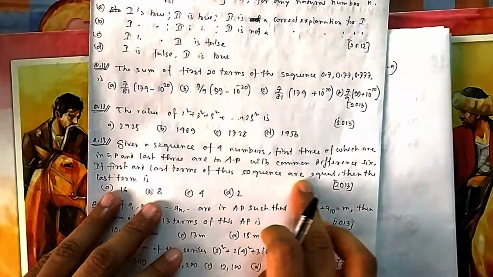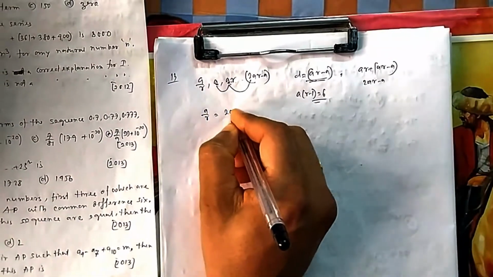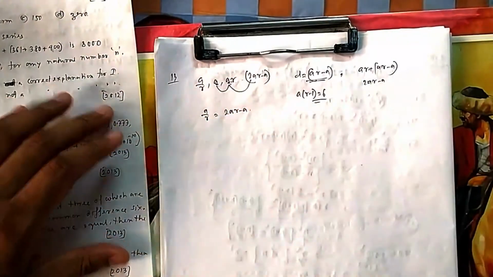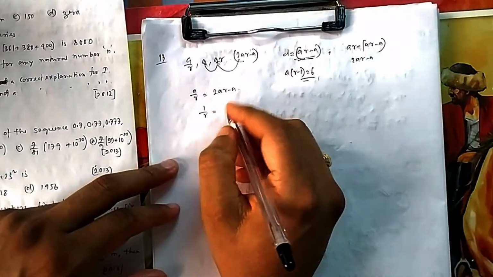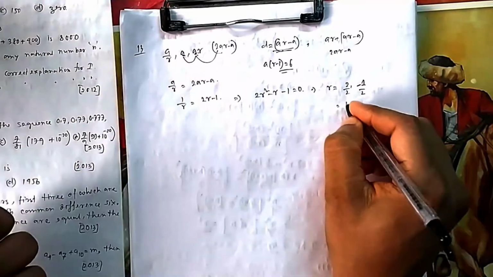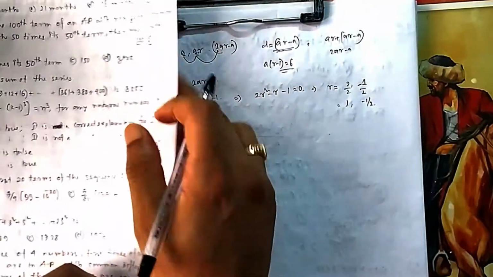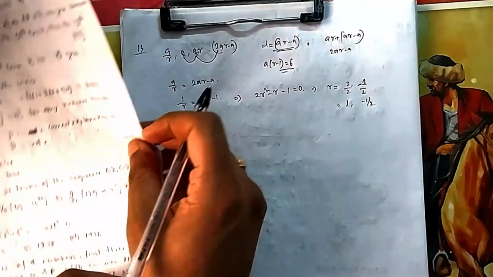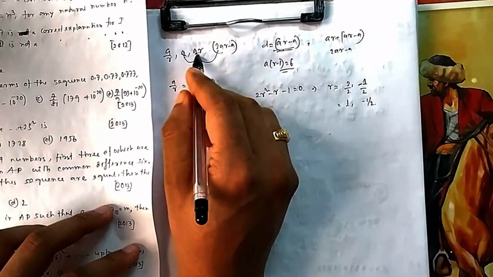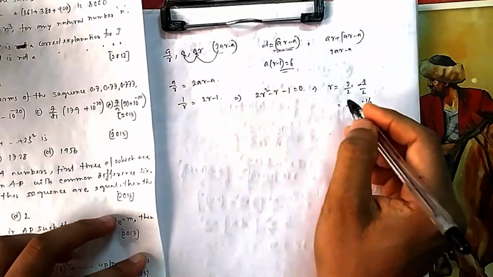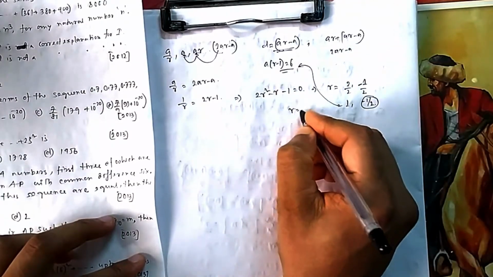The first and last term of the sequence are equal. So the first term A by R is equal to 2AR minus A. So these two are equal. 1 by R, and A you can cancel out from both sides. It will be 2R minus 1. So you will get R equal to 1, R equal to minus half. If R equal to 1, then these three become the same number, A. If these are the same number, then it cannot be, because the difference should not be zero. R cannot be 1. You can see if R is equal to 1, then it becomes 0. So your R becomes minus half.